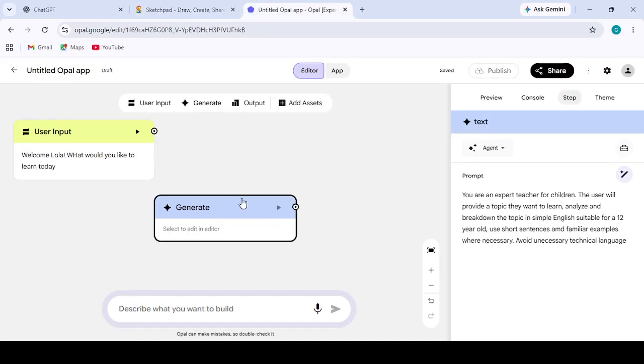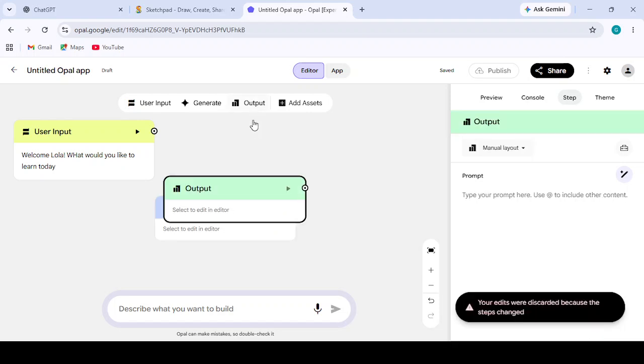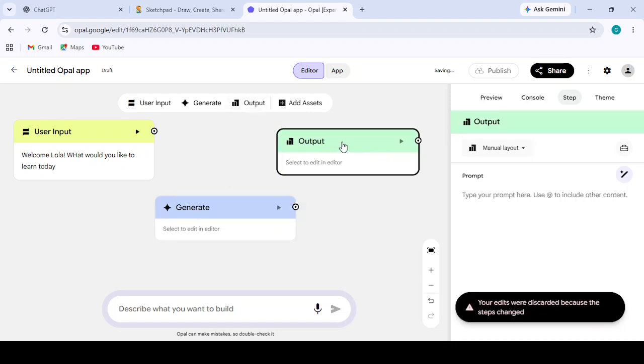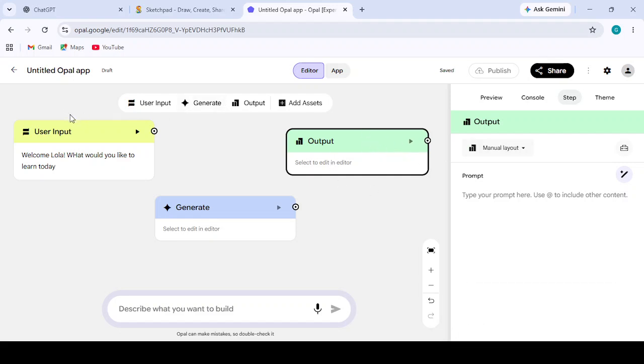All right, so now that we have this, this is the first step. So now that we have this, we'll now go to output. So output is what we want to see. So for now, let's not touch anything at the output. Let's leave it like that. But if you notice something, this